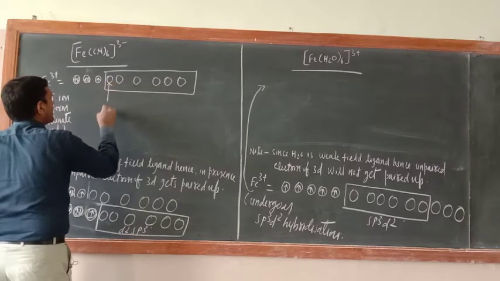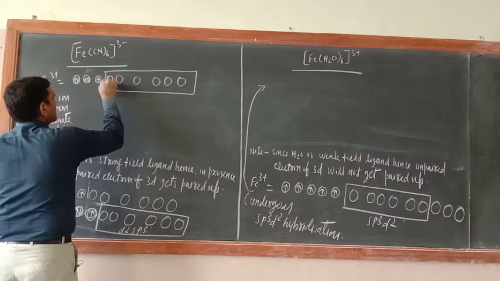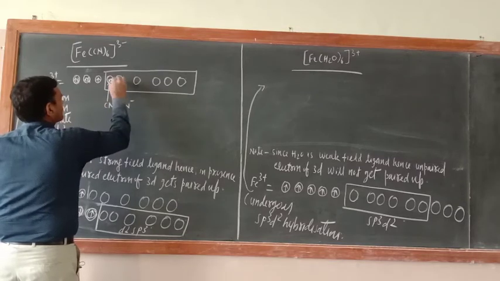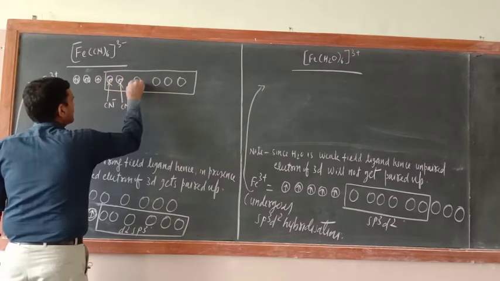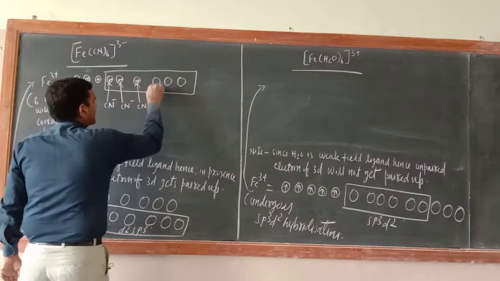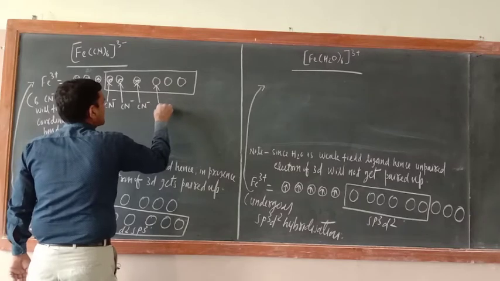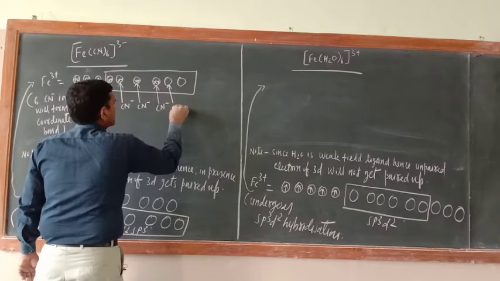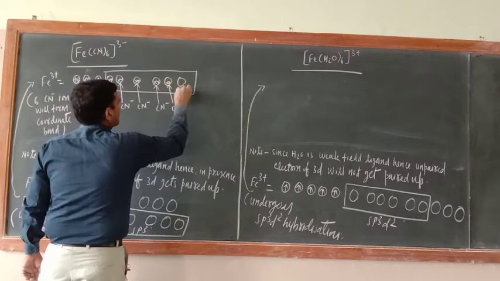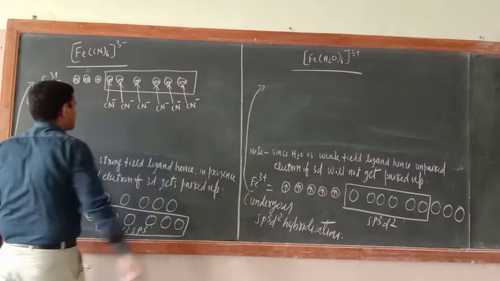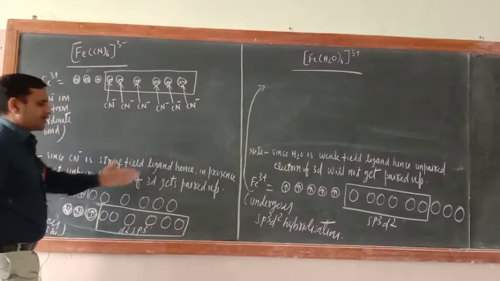Now this one. CN, here also CN negative 2 electron, here also CN negative, here also CN negative, here also CN negative, here also CN negative. Correct? Over this one. Now same way here also